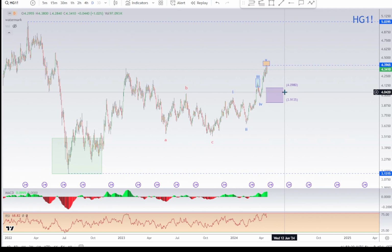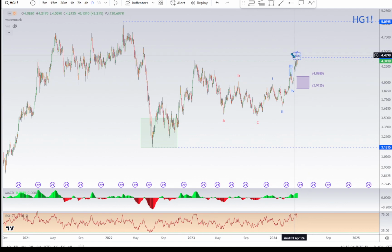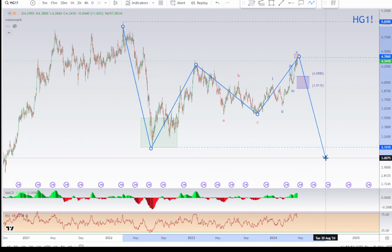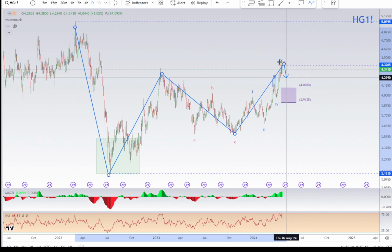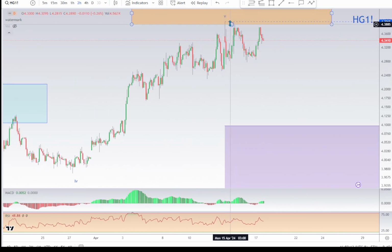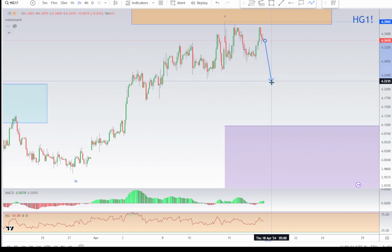Now, there's also the possibility that this was all just a correction, because we haven't broken this high yet up here, and this came down, even though it hit a perfect target, looking like a correction. This could be just an A, B, C, and then they're going to come all the way down. I don't know why they would need to do that. So yeah, we'll have to watch how this correction develops. So far, it's very tame. You know, we don't even know if the fifth wave is really even done yet, but they're just staying up here. So I'd only be looking for buy setups, but I think that this should be coming down,